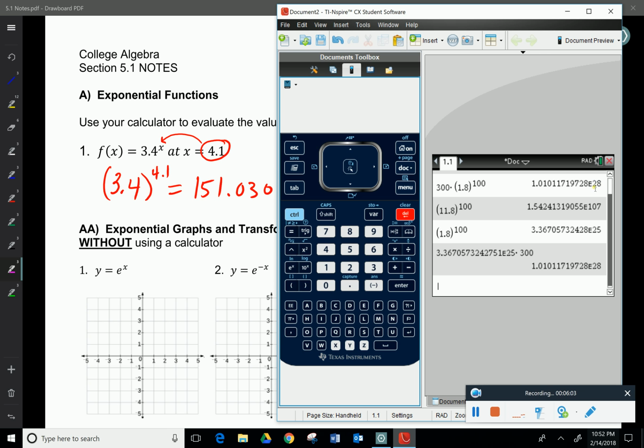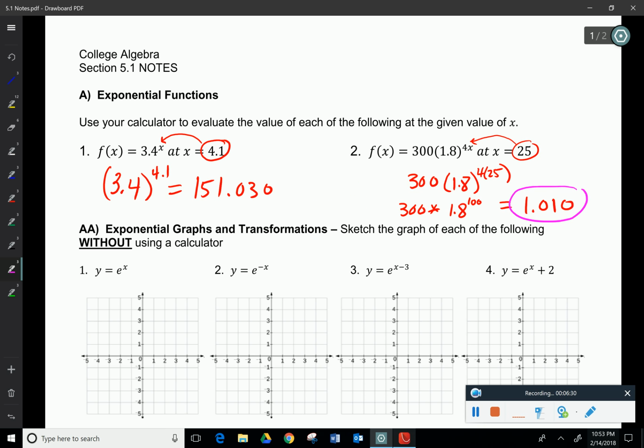In this case, because it's positive 28, we're going to move our decimal 28 units to the right. So if I were to move this decimal over 28 units, my number is not 1.01, but rather it is 10101171972 and then even further that my calculator can't go. So really this is like a giant number. So I'm going to change this to